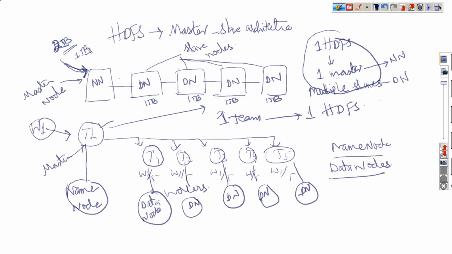So instead of saying 1 TB, what do we say? Half TB. If we set 0.5 TB, then half TB here, half TB here, and one more half TB to these nodes. We only need to specify this half TB, and then it will be automatically divided by HDFS into 4 parts automatically. We need not worry about that. That's it. Got it? That is called HDFS. Automatic data division will be done by HDFS.